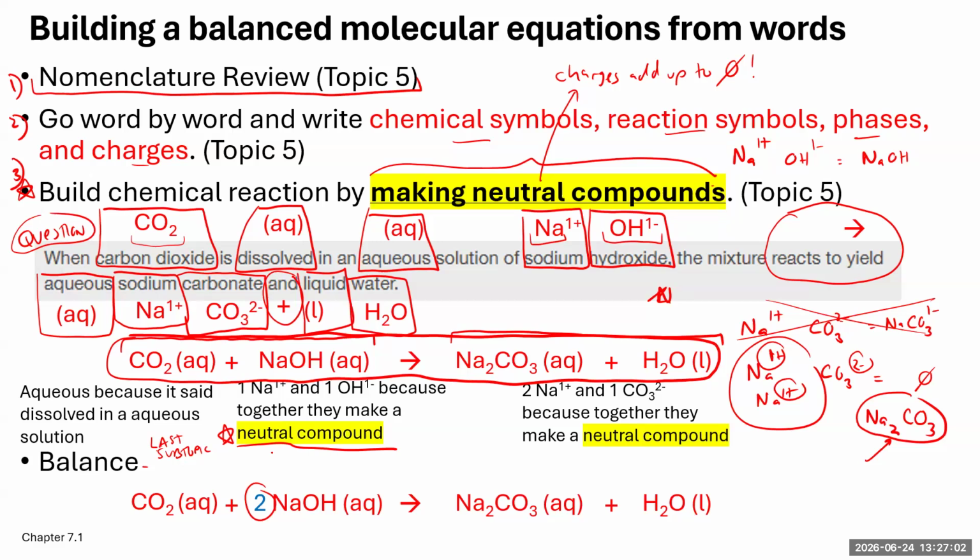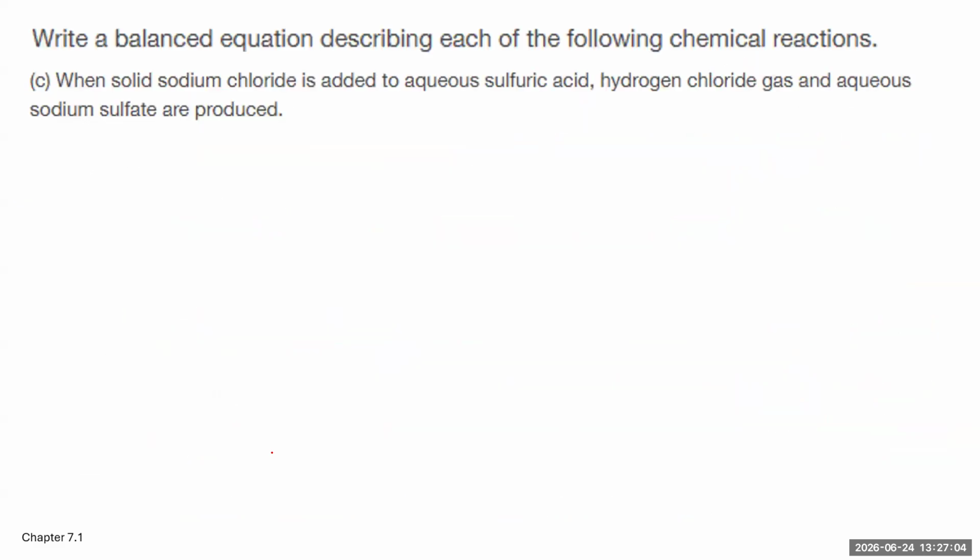All right, let's continue. We're going to do a practice problem. Let's do it. Write a balanced equation describing each of the following chemical reactions. So solid, again, I'm going to just annotate these words so that we can transform that into a chemical reaction. So solid, sodium chloride, we know sodium's 1 plus, chloride is a 1 minus, is added to